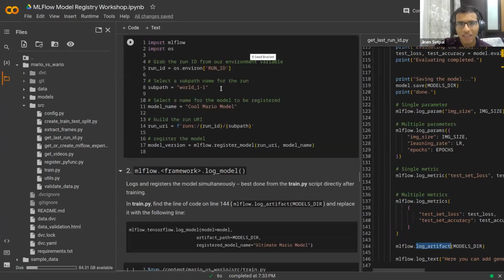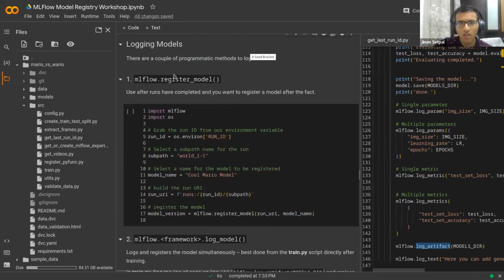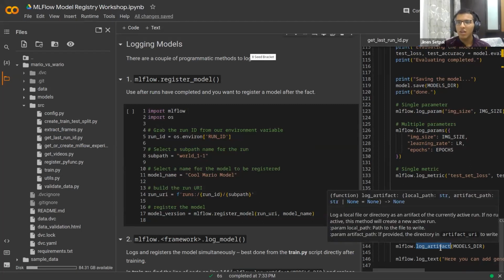The distinction between these two functions is that when we log artifacts, MLflow does not consider the actual code that is present within the data that you store. It simply stores the data as is. Within the register model, you are setting it up within the model registry. In this case, the model actually has to be run and loaded by MLflow itself, in which case they are a lot more strict about all of the different variables that you have within your model. So if you're implementing a custom loss function, for example, you might have to set that up separately within MLflow